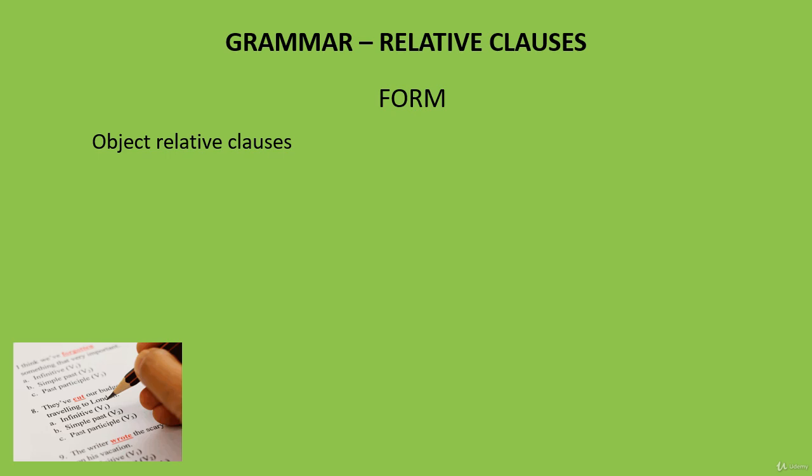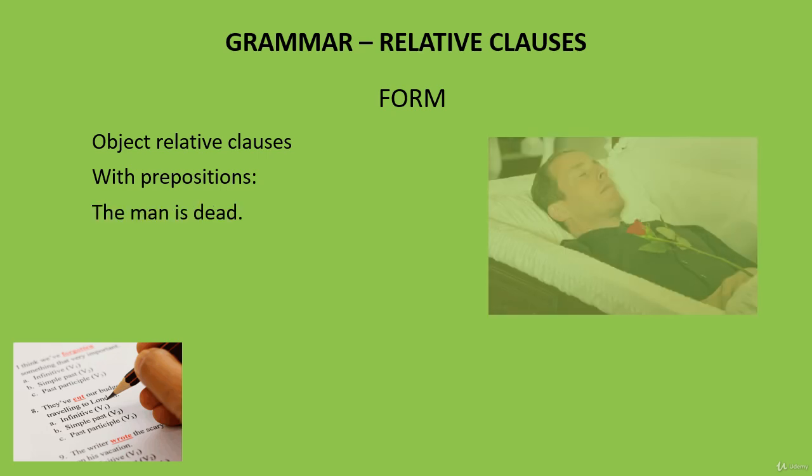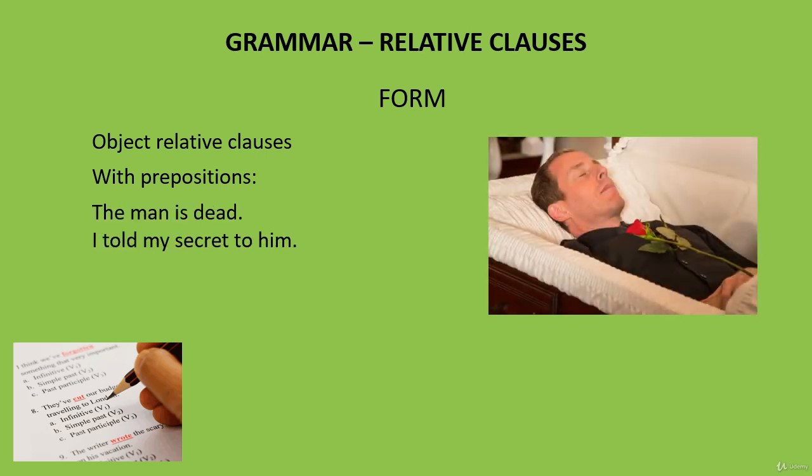When you're writing object-relative clauses with prepositions, there's another way you can do it. Look at this. The man is dead. I told my secret to him. Now, him is not the direct object in the second sentence. The direct object is my secret. Him is the indirect object. But we can still write a relative clause using the rules we've just learned. The man who I told my secret to is dead, or the man I told my secret to is dead,